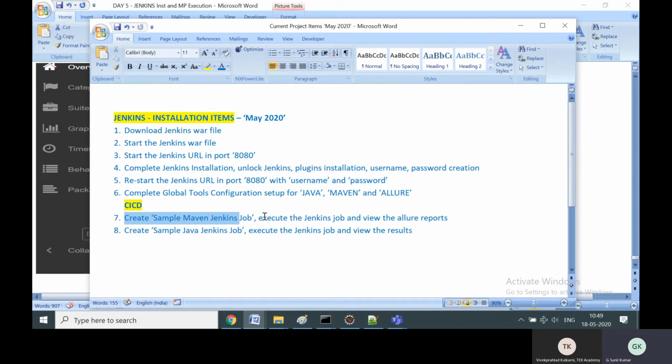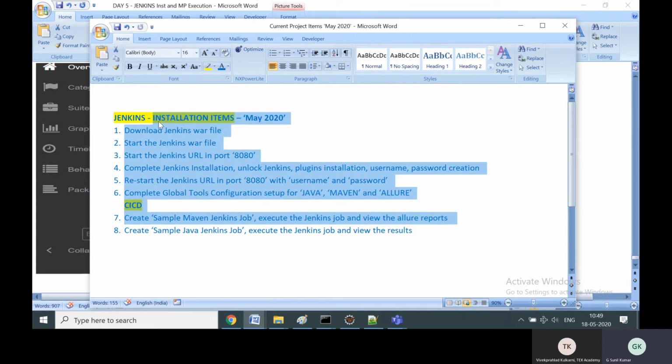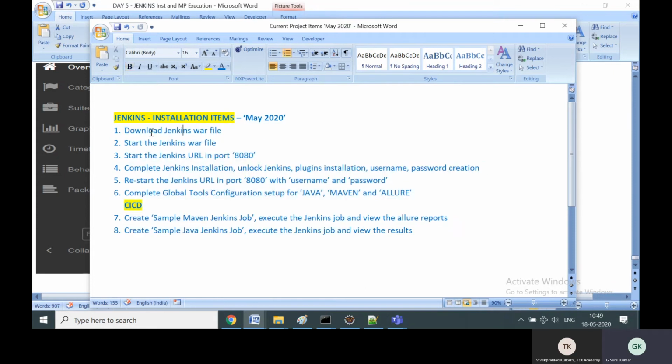About creating the Maven job, this is the toughest part. We have completed these 7 items. Go over each of these parts again and again. Make sure you are very fluent with each of the parts, because in future you are going to create a different type of combination. Here I'm using Java, Maven, Allure. You might be using Java, Cucumber, Extent. So this part will change. Till step 5 it is the same.